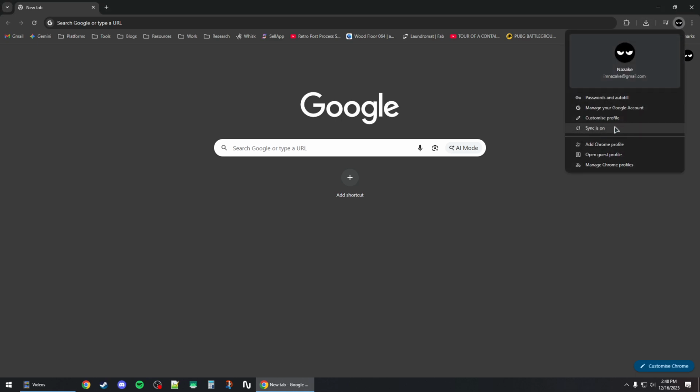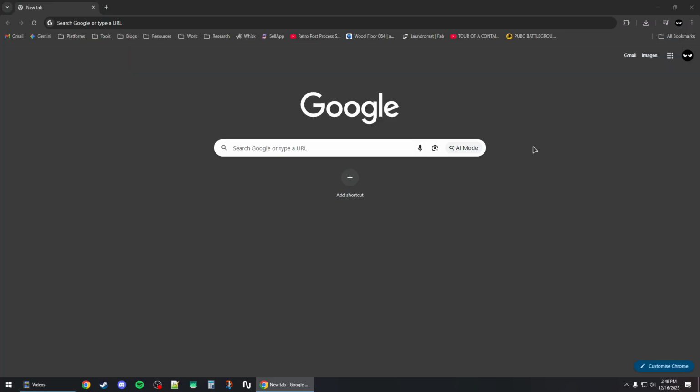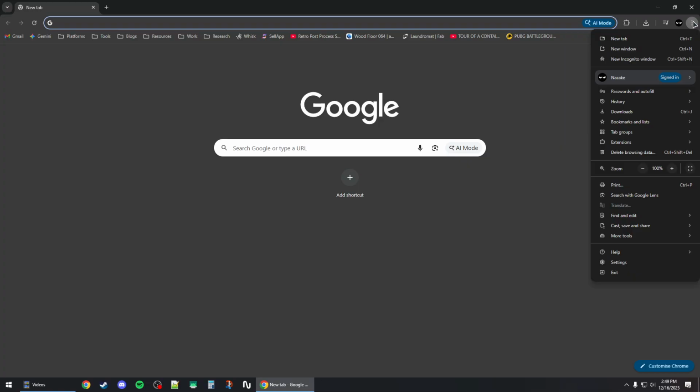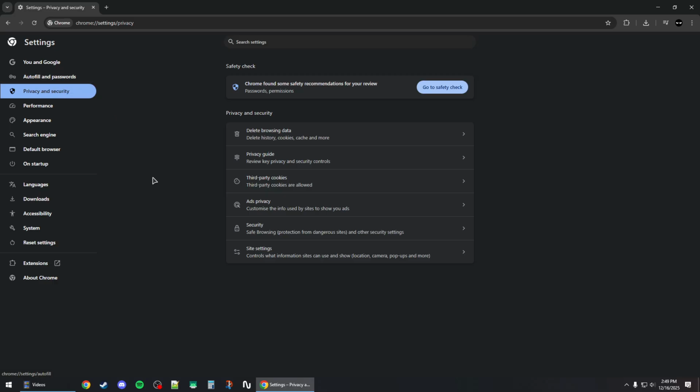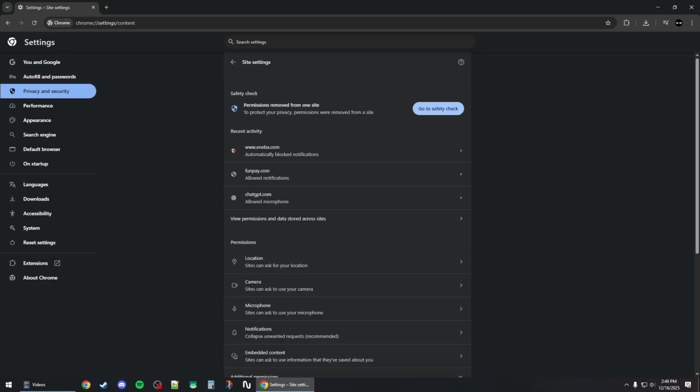How to fix the syncing is paused or off error in your Google Chrome browser. So to solve that issue, you simply want to click on the three vertical dots here and then go to Settings. Now you want to click on Privacy and Security from the left panel and then go to Site Settings